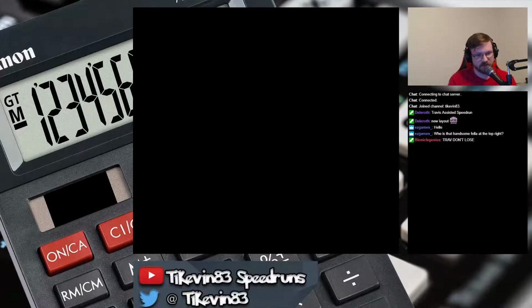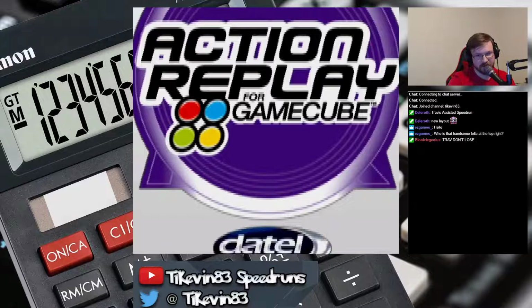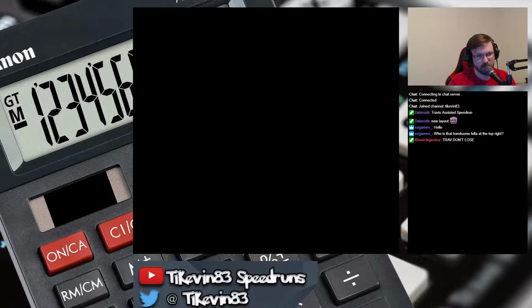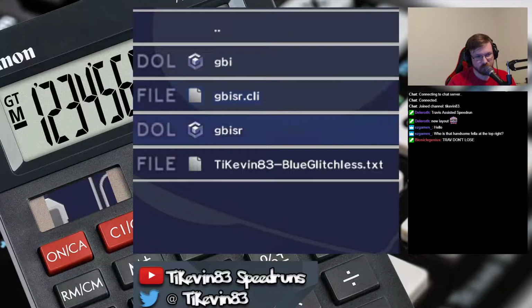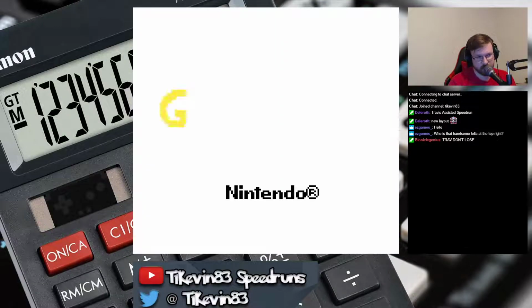And now this time, instead of loading the GBI with no settings, we're going to load GBI SR, which has our configuration to play back the movie Pokemon Blue glitchless. Now that we've prepared the cartridge, we've prepared Game Boy interface with the correct settings, and we've prepared everything, we're going to run GBI SR. And if it all works correctly, you should see